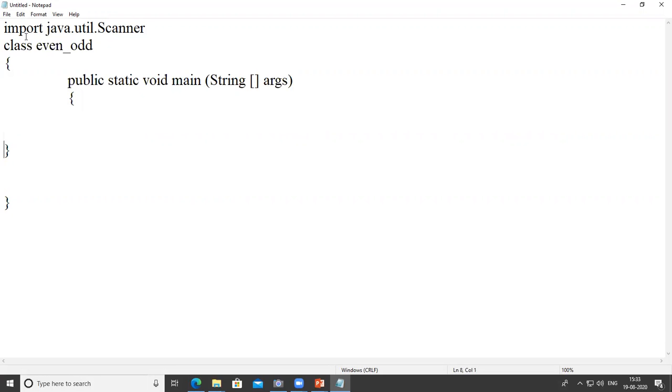For checking input and output, we require one variable only. So I define the variable integer n, and now we want to get input from the user. So for that I use System.out.println. Here I give the message enter number.